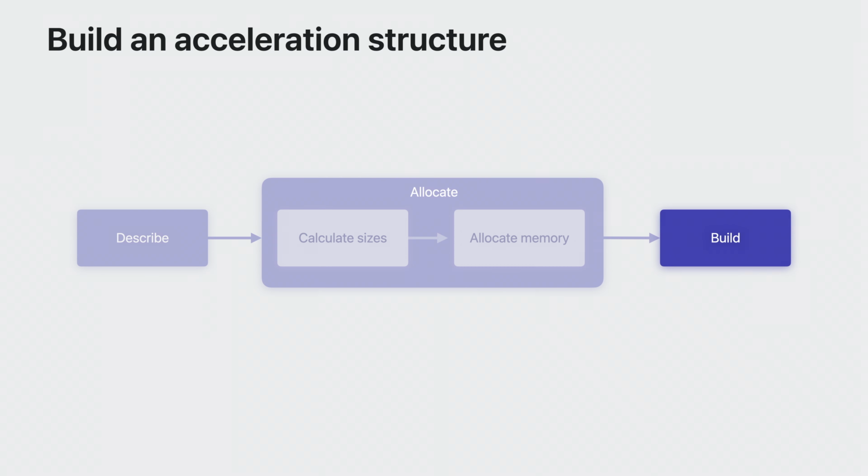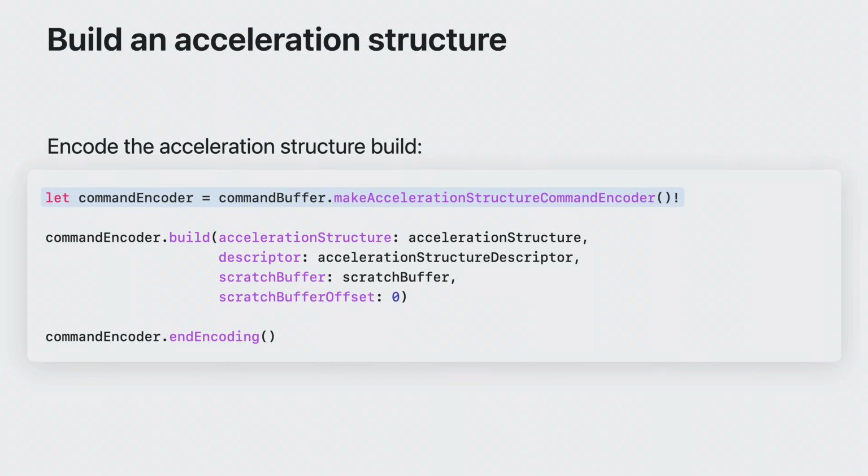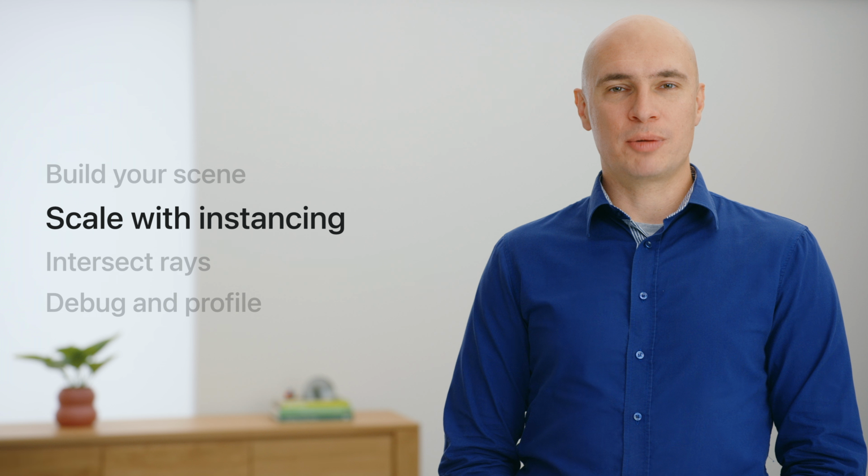Now you're ready to actually build the acceleration structure. Schedule the build operation, and then Metal will build the acceleration structure for you on the GPU. You do this using an acceleration structure command encoder. This encoder has several methods that you can use to build and modify acceleration structures. In this case, call the build method with the destination acceleration structure, the descriptor, and the scratch buffer. Metal will build the primitive acceleration structure for your geometry, and it will be available for use in subsequent GPU commands. That's how you can represent the geometry in your scene with a primitive acceleration structure.